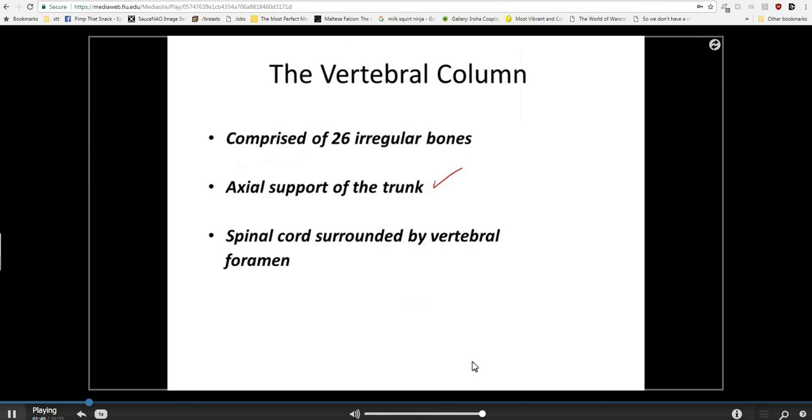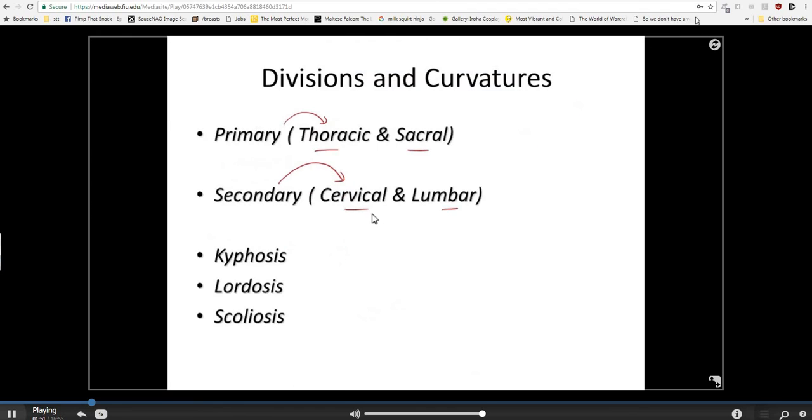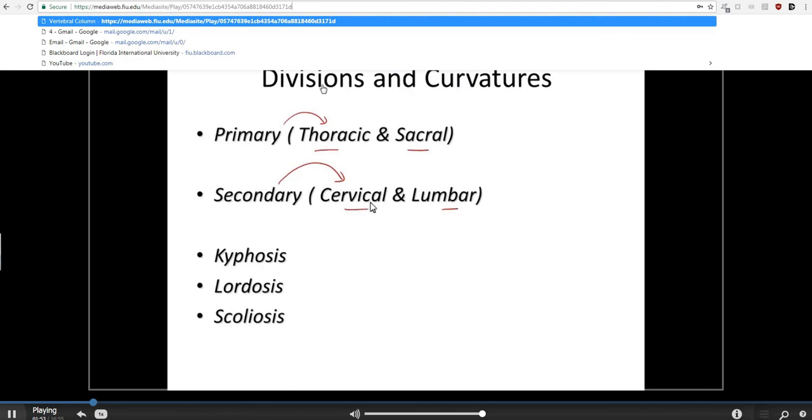Secondary curvatures coincide with the fact that when you became an infant, your first milestone was